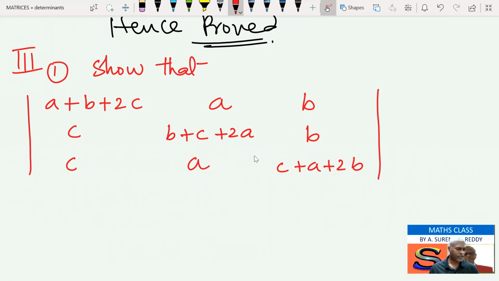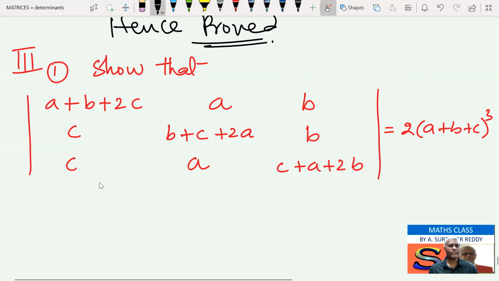So this is the given determinant, and the value is 2 into a plus b plus c whole cube. We have to show this one. Now let us prove, taking LHS